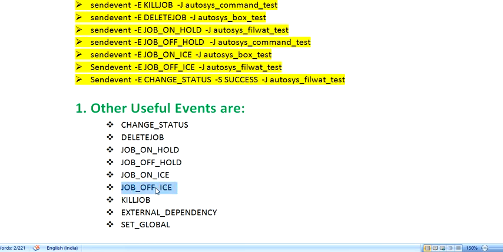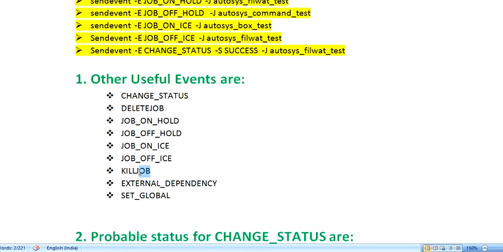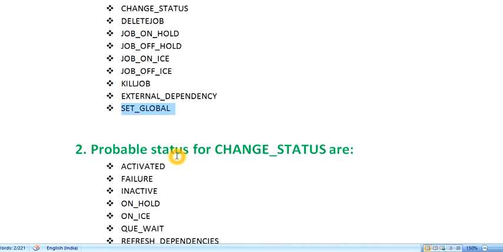And job off ice, again, to release the ice on any particular job. Kill job, I already explained, is to kill the job. External dependency: where you want to include an external dependency for any job apart from the JIL definition. Set global: this is just for setting the global variables.